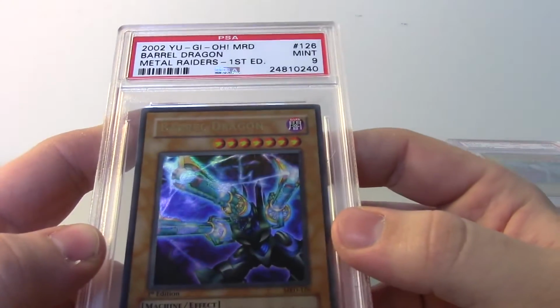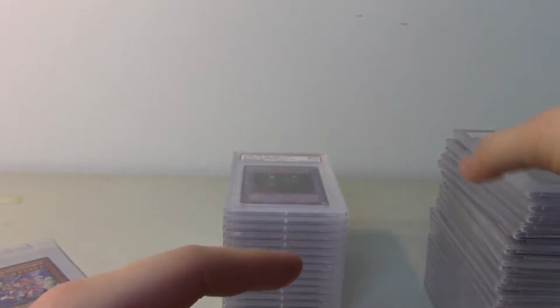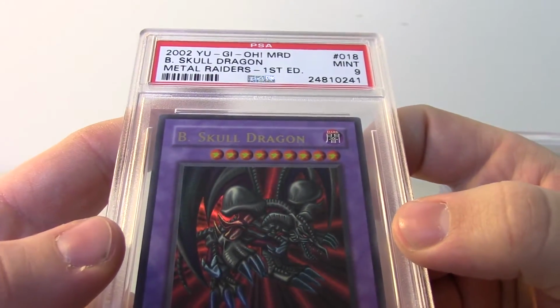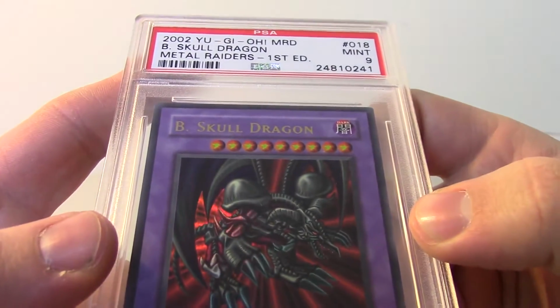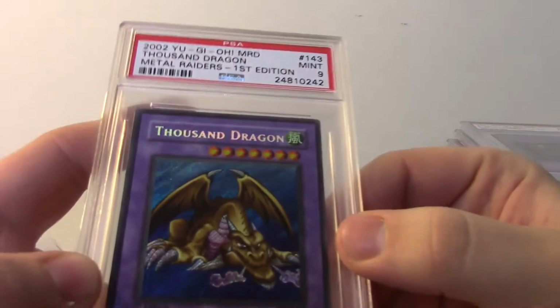Fantastic Metal Raiders stuff. Barrel Dragon, really cool card from Metal Raiders. Beast Skull Dragon, a card I owned forever as a young player of Yu-Gi-Oh! I always thought he was really cool. He had that 3200 attack stat. Oh, I thought he was just amazing, phenomenal. Thousand Dragon,